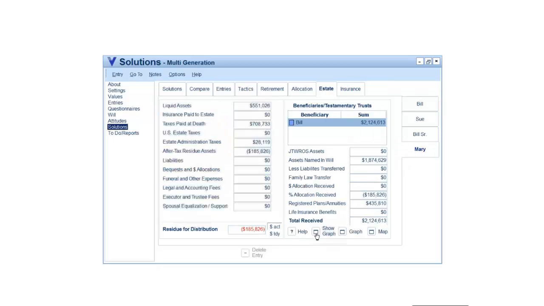So we can see here that Mary's liquid assets would be $551,000, taxes $708,000. So we'd have a deficiency of about $200,000. So now we understand if they pass the cottage to you, there's going to be this kind of tax bill. Now, again, depending on age and so on,